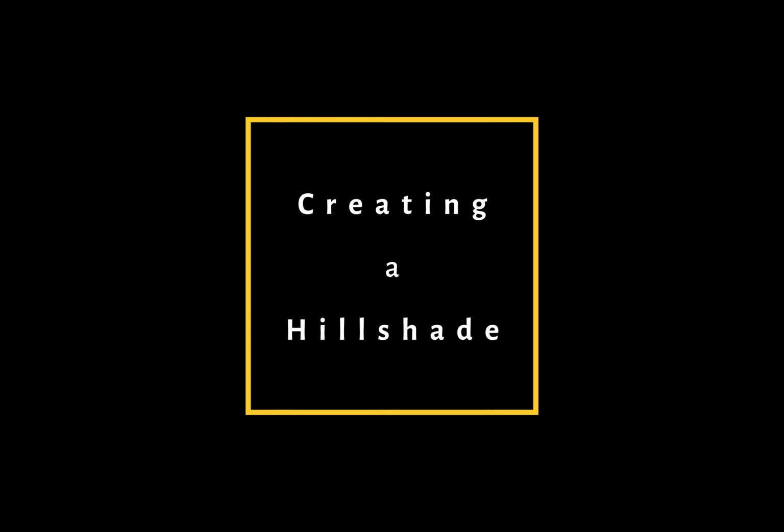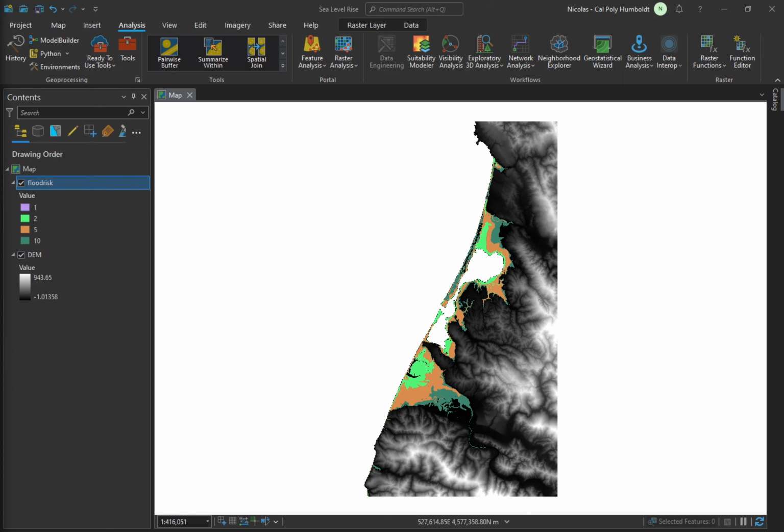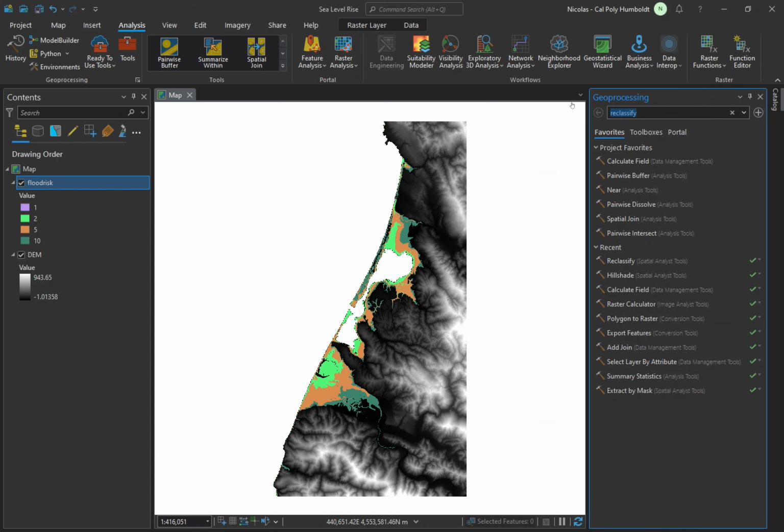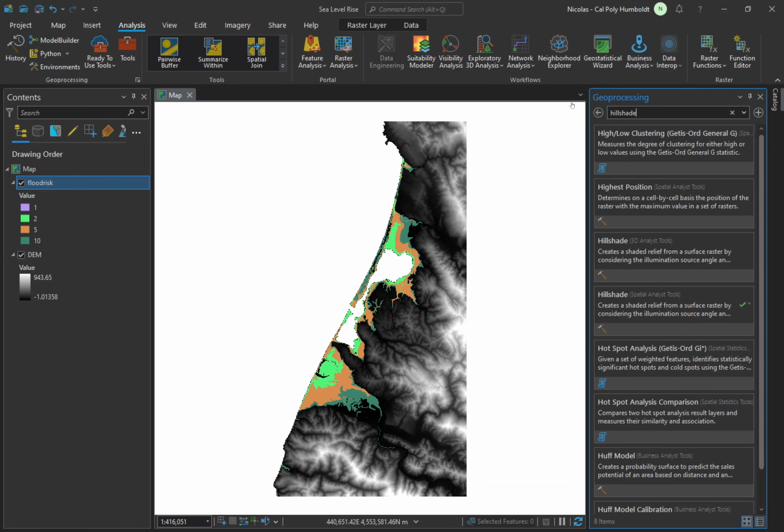Creating a hillshade. For most maps, you don't need a hillshade. However, in this instance, a hillshade base map can provide additional context to the map reader by supplying visual clues about the terrain. On the Analysis ribbon, click the Tools button and type in Hillshade in the Geoprocessing pane search